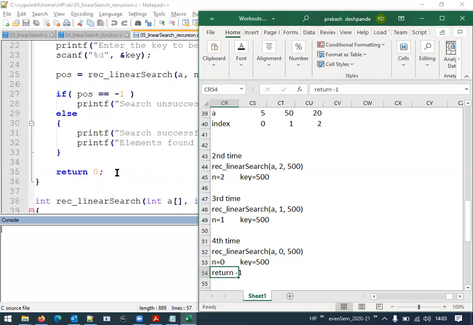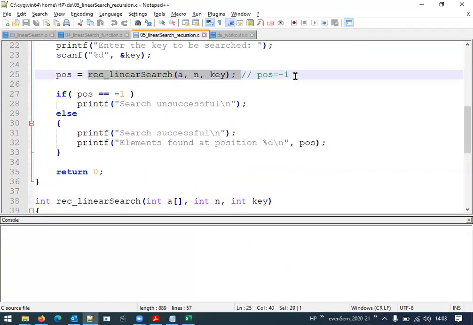If we go back to our main function, once this return minus 1 is executed, it will get replaced with minus 1. So the variable position will have minus 1. That will be compared in this particular condition, the condition becomes true, and we display search unsuccessful, right?